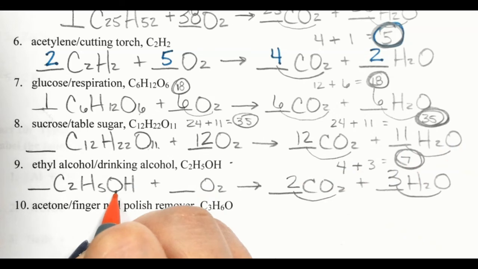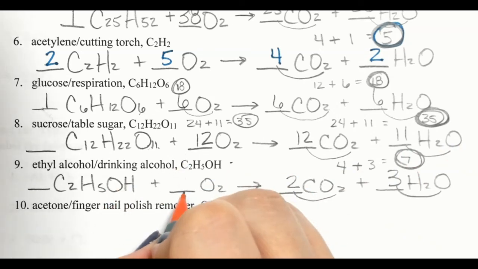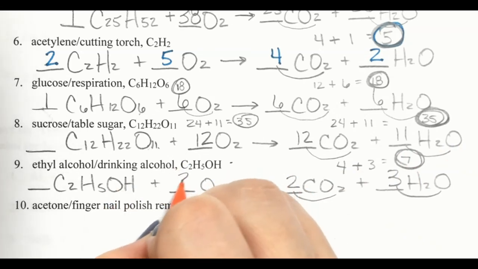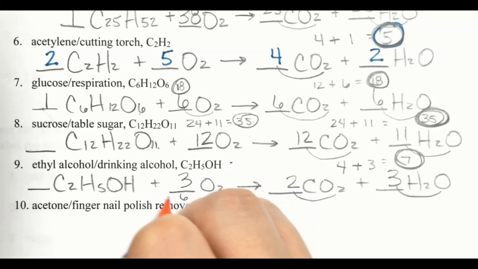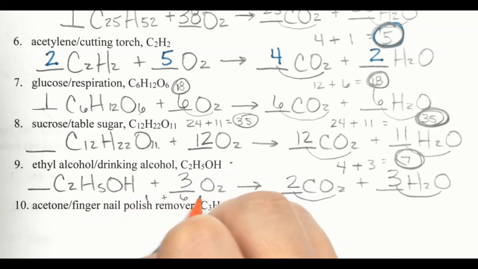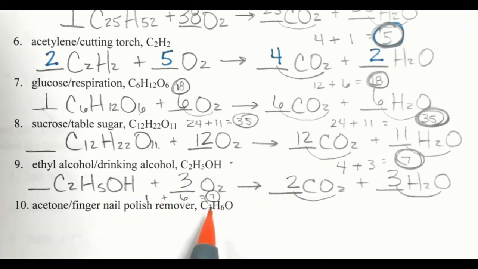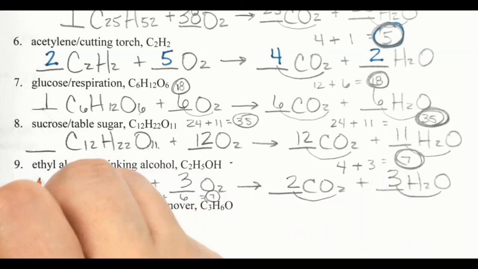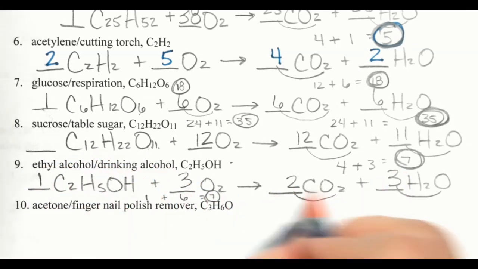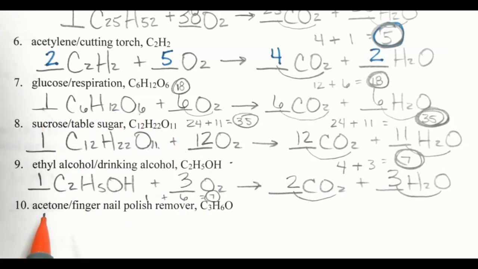So I've got 1 there already. That means I need this to be 6. And so a 3 here will do that. 3 times 2 is 6 plus that 1 is 7 oxygens on the left side to match the 7 that are on the right side. So this is 1, 3, 2, 3. Put that one up there. Last one, we have